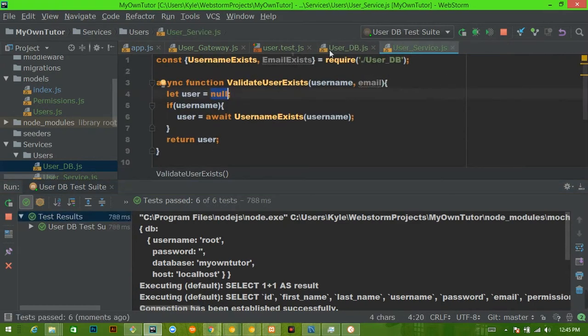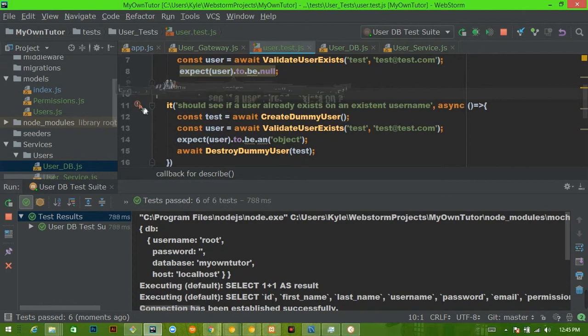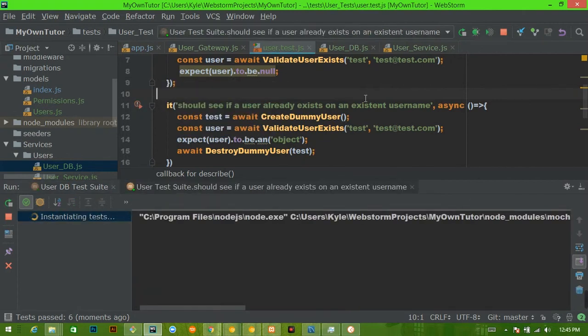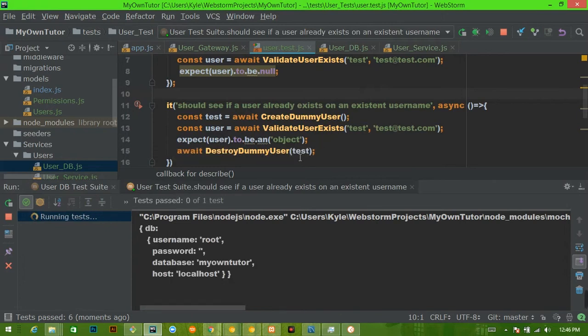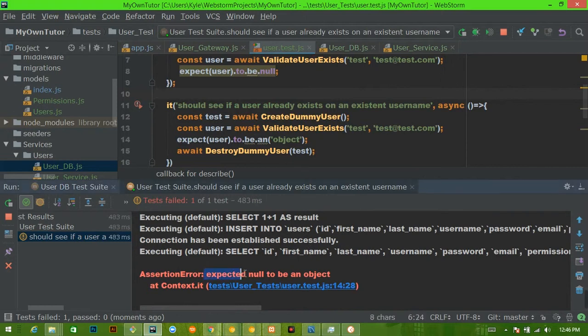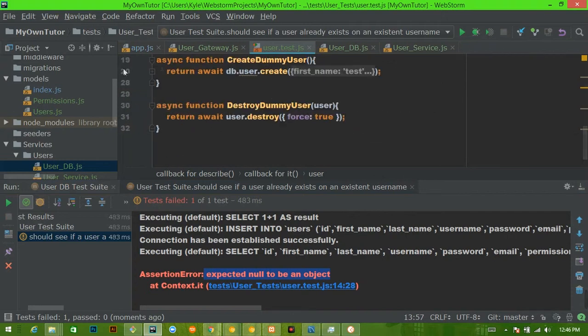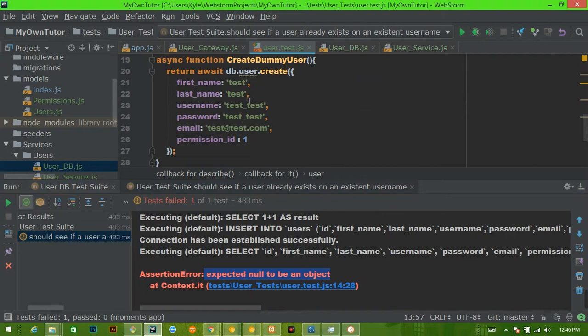Now we can look at user test.js, run this test. And now it should say expected user to be null, or expected null to be an object. All right, so it's saying I tried to look for this user, but I failed. So let's see why it might have failed. Well, username test doesn't exist. It should be test_test. Remember that the username that we're creating, if we look at create dummy user, is